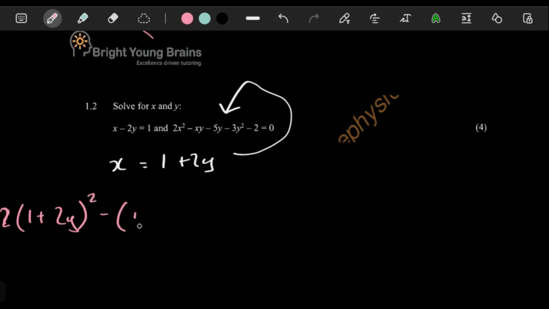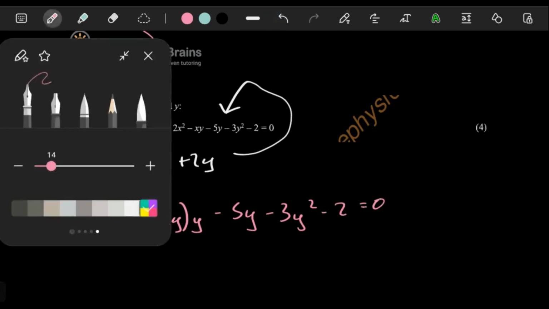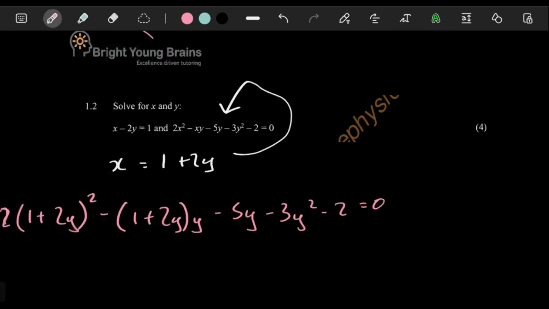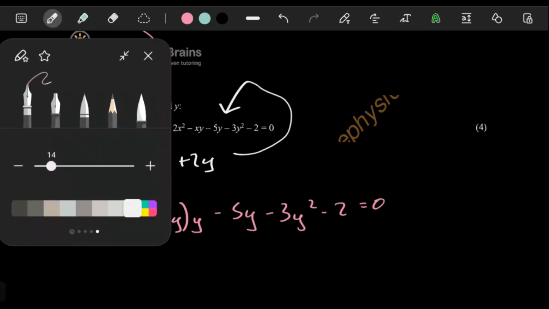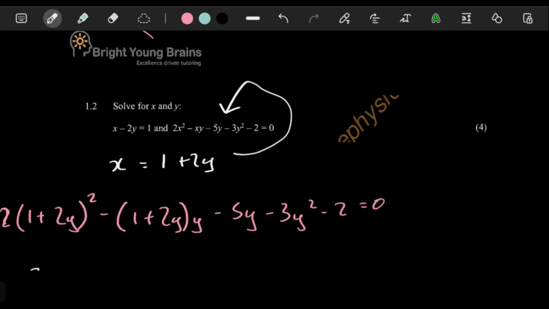Minus 1 plus 2y, and then a y here also. And then here, minus 5y minus 3y squared minus 2 equal to 0. So, knowing all this, we just need to be careful here. Just take things nice and slow. So here it's going to be a 2, right? 1 times 1 is 1. And then plus